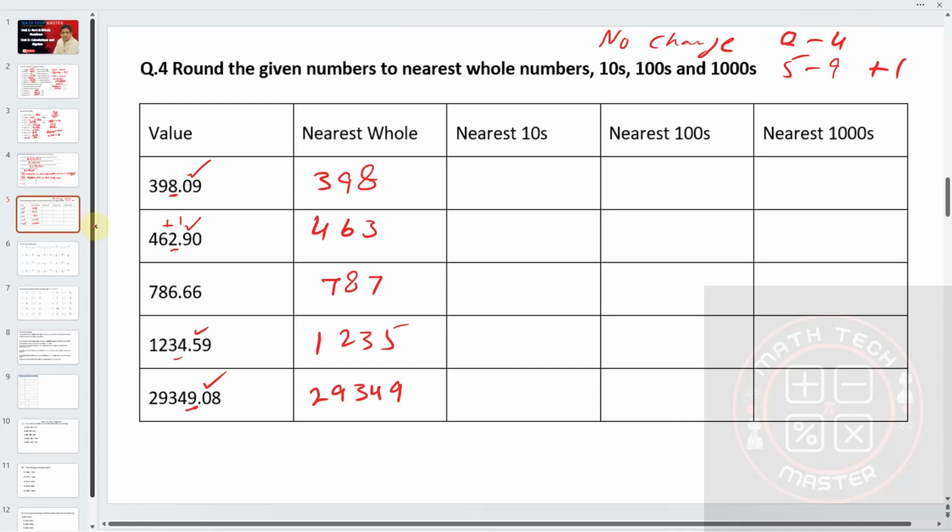Next is nearest tens. If we have to round to the nearest tens, our method will remain the same. We will just look at the number nearest for nearest 10. In this case, the tens value is 9. So we will look at the number 8. Now 8 gives 1 to the 9. So it will become 10. So we cannot write 10. So we will write 0 and 1 will be carried to the 3. So it will become 4. But what about this 8? All the numbers which we are checking to the right will become